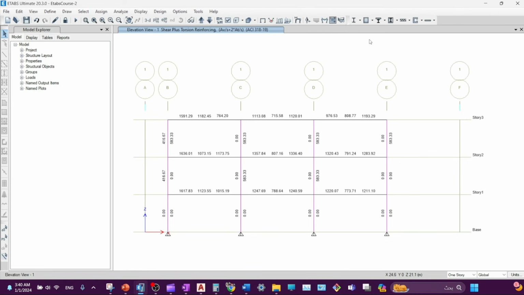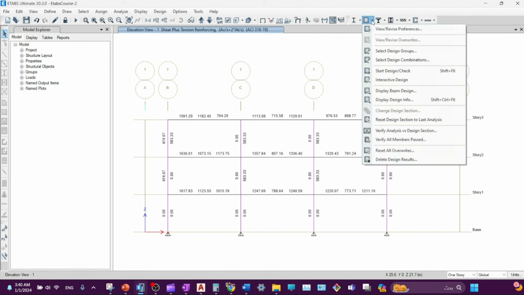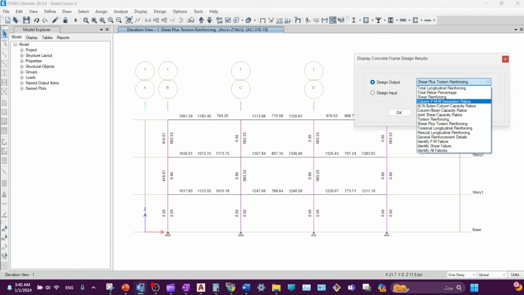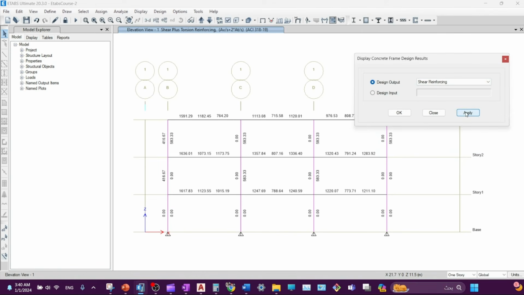To show the shear reinforcement, go to display information, design info, and here we have shear reinforcing. Apply. We can see for this beam and also for the column, AV minimum and AV major. AV major is 0 because the shear in the column is 0. So the AV minimum will be 583 millimeters. And if you know S, assume spacing S, so AV over S,